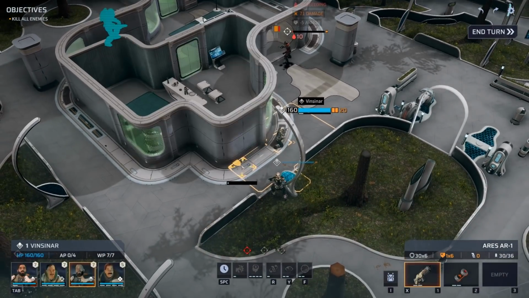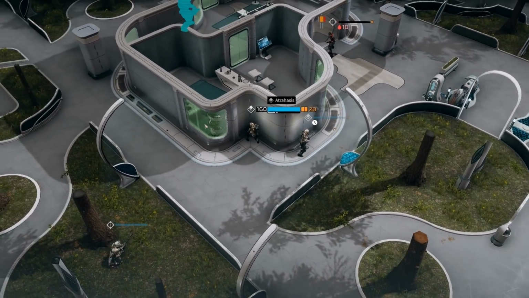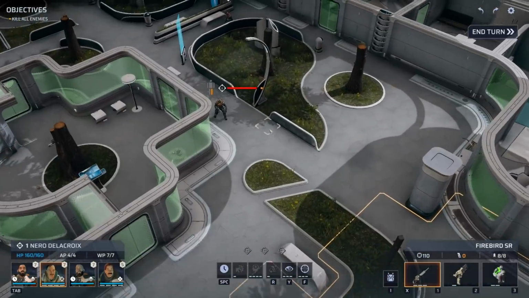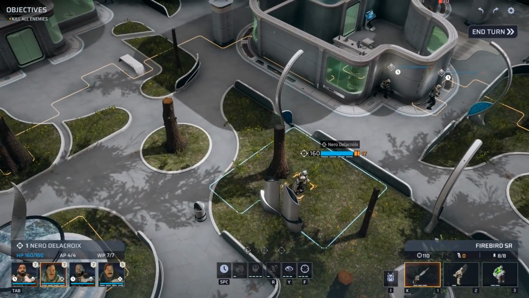Okay, so if we now then remain in cover, so we don't get surprised. Bang. Okay, so that's one target eliminated. Now we've got the ones coming down the center to worry about. So to do that, I'm going to have Nero...